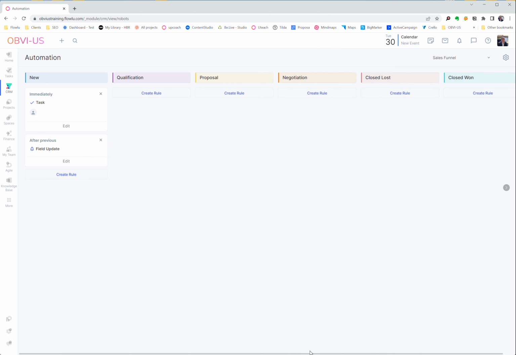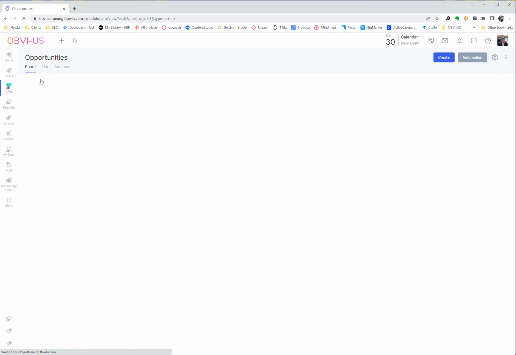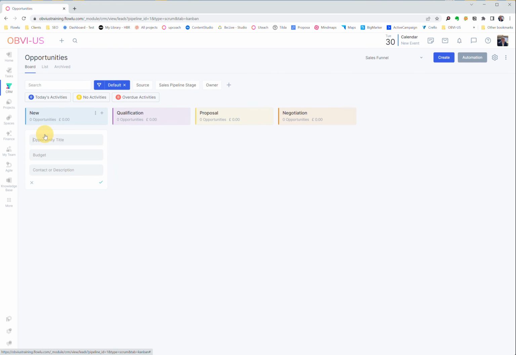So we click save. And so you can now see on screen here, we have got immediately, we do this, which is to create the task. And then after the previous rules, we are going to update a field. Right, so let's go and check it out. So let's go to our opportunities. We'll just do quick add because it's all nice and simple, and I'm going to call this test up, and we're going to go ding,